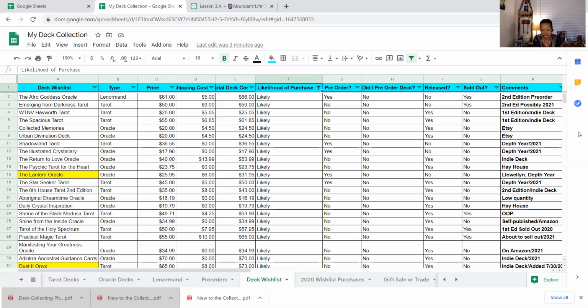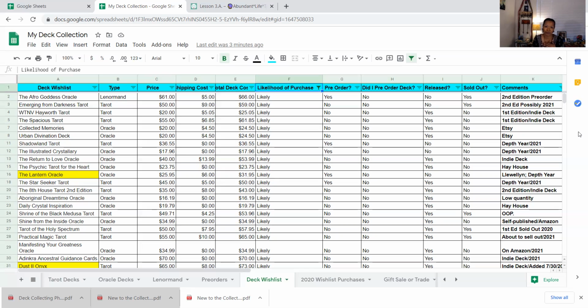And you can list the value of those decks. So let's say your collection is worth $5,000, and you could say that, and you can pay for replacement value. You can pay a small additional premium on your homeowners or your renters policy to cover your decks, because they're considered fine art. They're considered art. So yeah, that's just a little tip. So if you're serious about your collection, then be serious about it all the way, and really be intentional. Like check in with it periodically, analyze it, see what you've been up to.